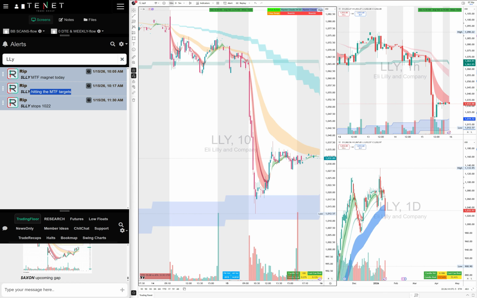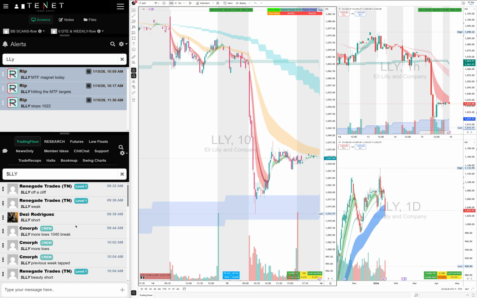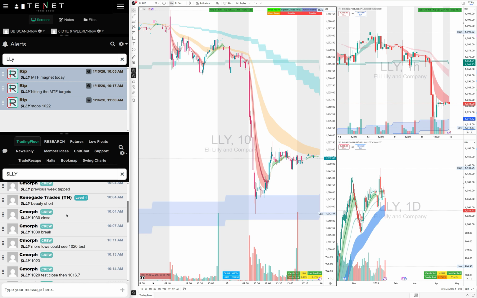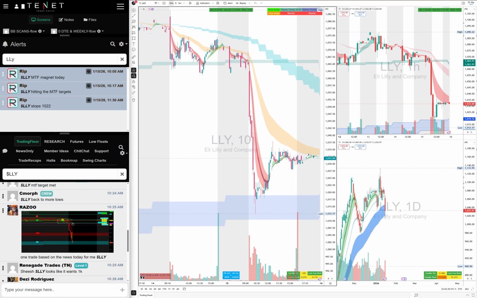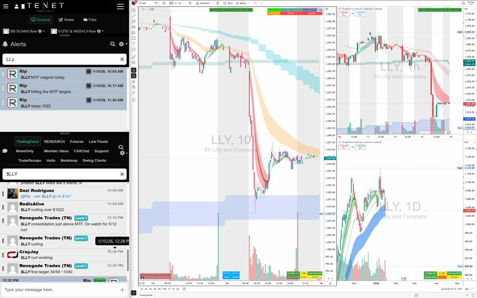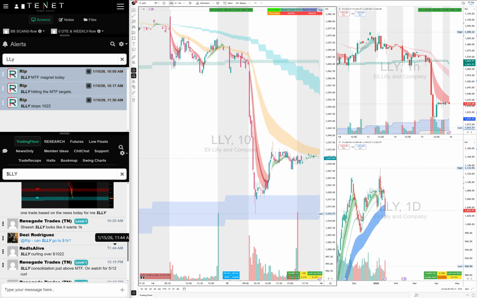So you see a lot of traders in the community were short right away. Daisy Rodriguez called it Lily short right at the open, and pretty good job. Seamorph was on it, Renegade Trades was on it, the whole community, right? They know the system, they know the setups. Thousands of traders listen to me, but a lot of my old traders already know my teachings and what I'm going to say. They already know I gave them the pre-market plan. They're already buying the puts.